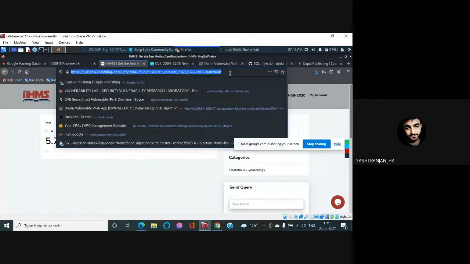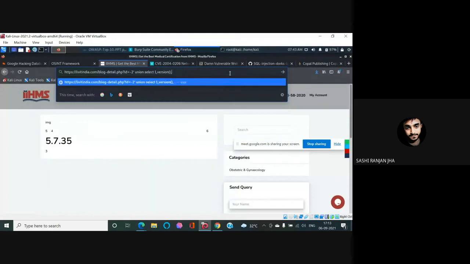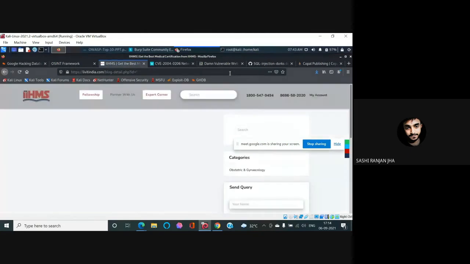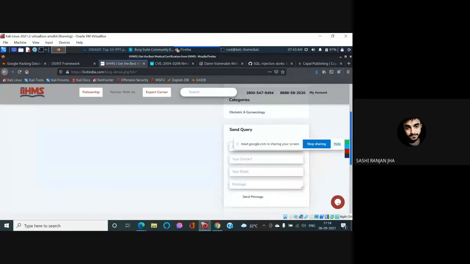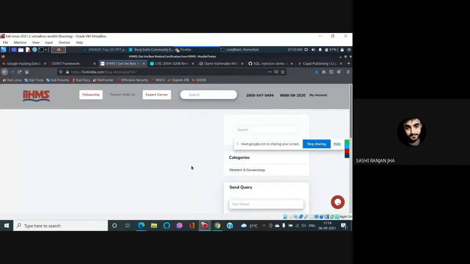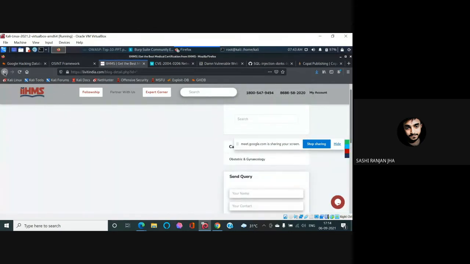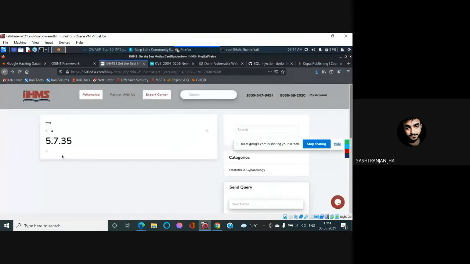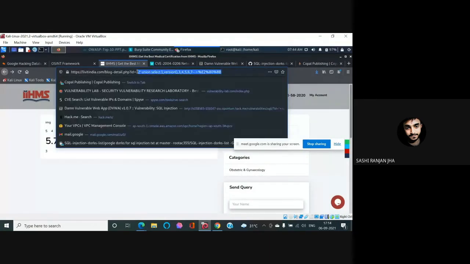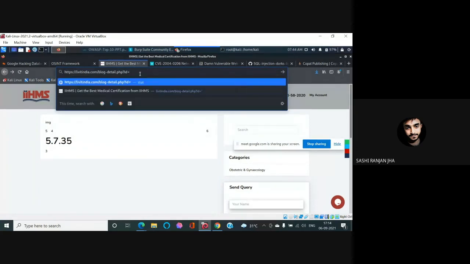But if I just give a semicolon over here, let me check whether it will give some kind of error or not. So here you do not see any kind of error. So sometimes you will check this and say that yes, SQL vulnerability is not there. But as soon as we go for the previous one, we see that it is giving me the version of the SQL or MySQL version over here. So in those conditions also, SQL map comes very handy.